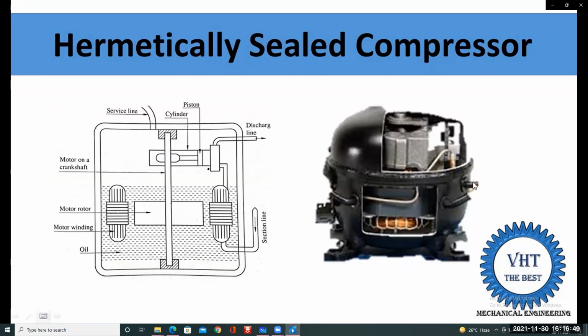Now here you see the sectional view of the hermetically sealed compressor. Here you watch, it is an electric motor and on the upper part is the compressor, and here is the schematic diagram, with the compressor and the motor parts. This motor has a winding, that is a stator and rotor. So this is the motor rotor winding and this is the stator winding. It is not a completely sealed motor, but its winding is open inside.